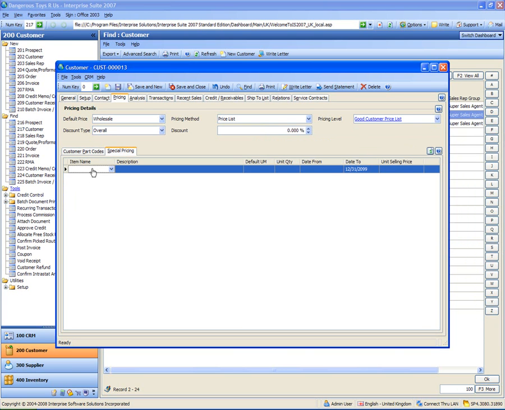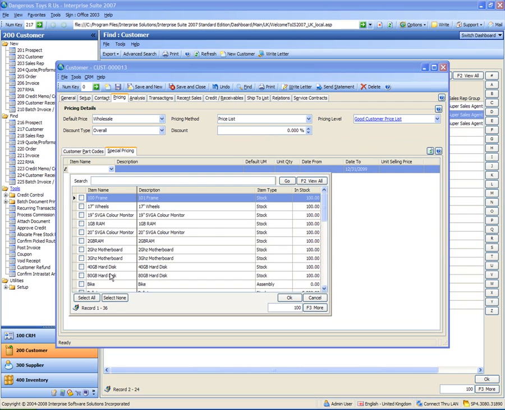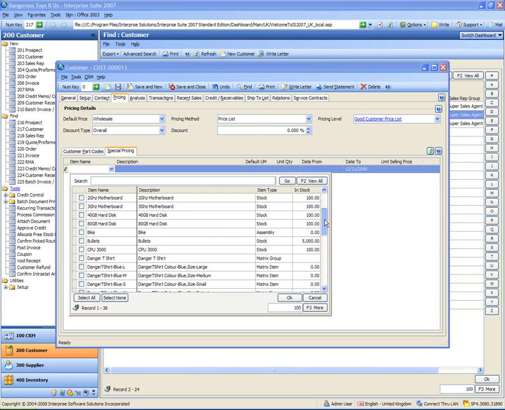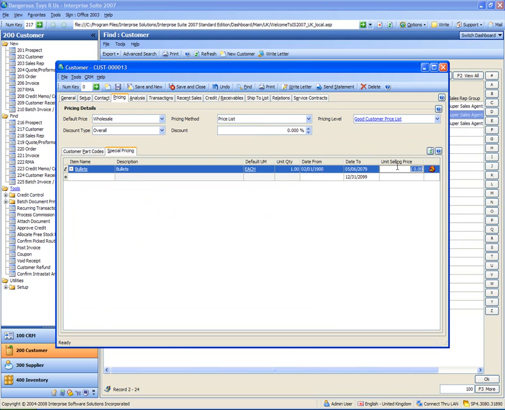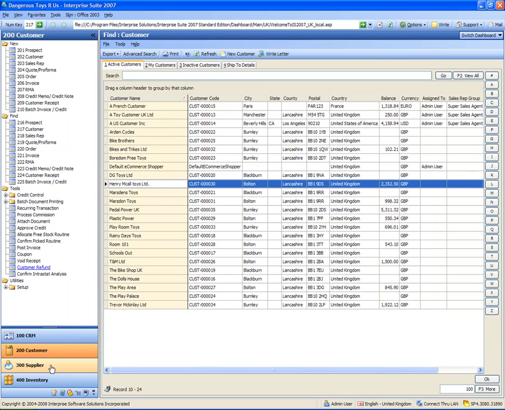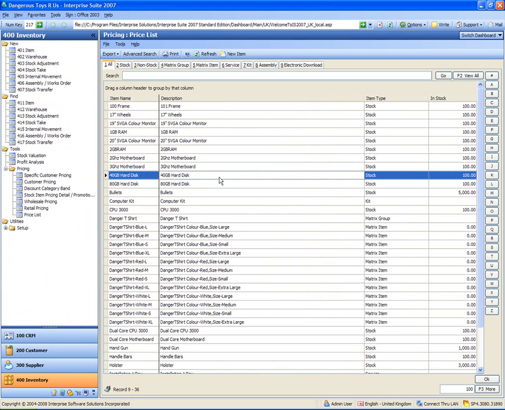What I can also do is in the special pricing here, we're going to give it a special price for bullets at £1.10. Now this will override any of the other pricing on there, and we can also do unit break pricing on this special pricing tab as well if we want to. Okay, I'm going to save and close my customer, go back into inventory,